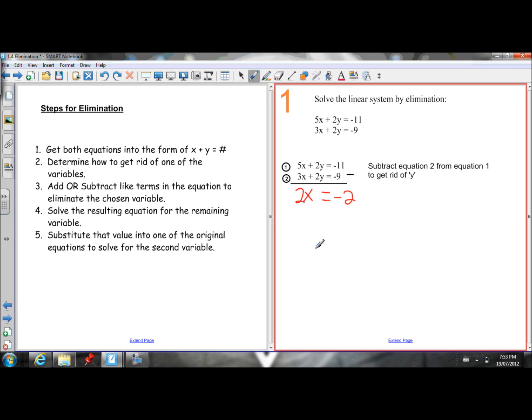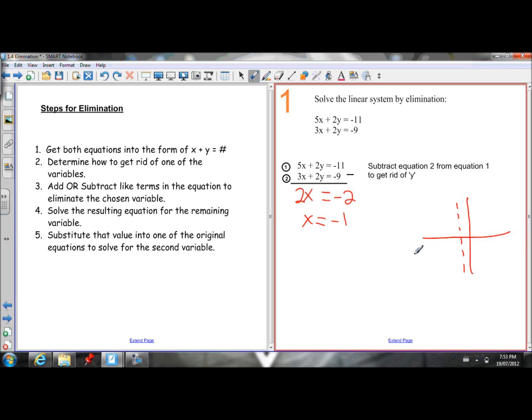Okay? So divide the 2 to the other side to get x by itself to solve for the x. Okay? So I've done step 3 of add or subtract the terms to eliminate the y. Step 4 now is solve the resulting equation for the remaining variable. Divide the 2 over. Negative 2 divided by 2 is negative 1. X equals negative 1. X equals negative 1 is a vertical line through negative 1